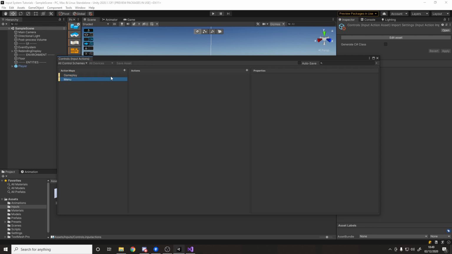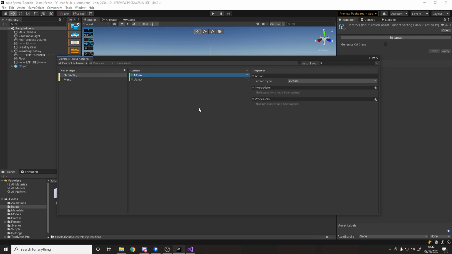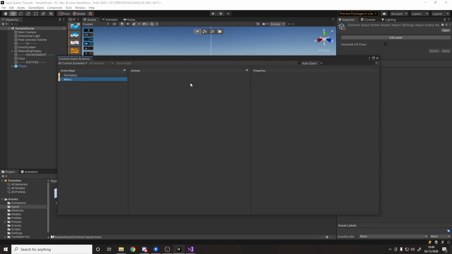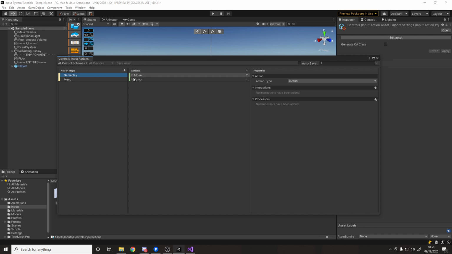So when you're on the menu, all these inputs here stop. Of course, you can then say on here, well, on the menu, then WASD does something different. It handles navigating the UI. But for now, we don't care. We're just saying in gameplay, these are our actions, and in the menu, we have no actions.